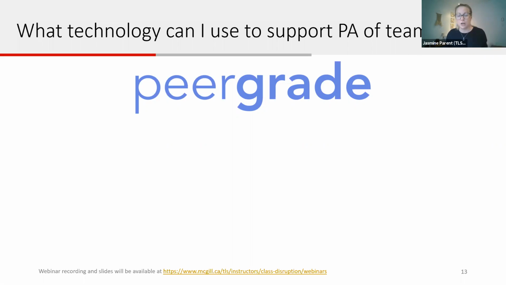So for those of you who have not used it before, Peergrade is a peer assessment tool that enables students to give constructive feedback to one another. Normally, instructors use it to have students assess the product of their peers' assignment. So for example, a student can submit an assignment like an essay for their peers to review anonymously. They review each other based on certain criteria that the instructor has given them, and then perhaps use that feedback that they've received from their peers to modify or improve their essay, of which they can submit a final copy for your evaluation. So that's just an example of how Peergrade is normally used.